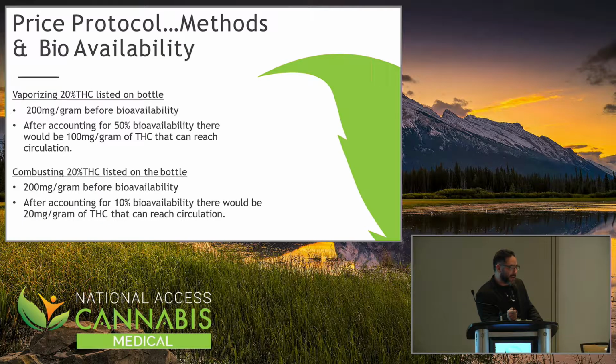Okay, so then you have mucosal, and we just spoke about it. I'm going to get off this slide. It's been around a long time. Okay, so let's continue. Vaporization. We're going to say 20%, because I use the 10 and 20s. So now let's say we have 20%, because 10% we sort of know. We break it down. You end up with 50 milligrams. And if the average person, as you're going to soon find out, needs about 20 to 25 milligrams, eventually it takes time to get to that therapeutic dose.